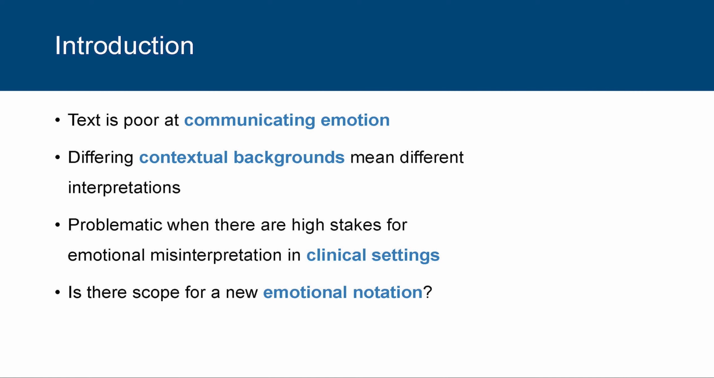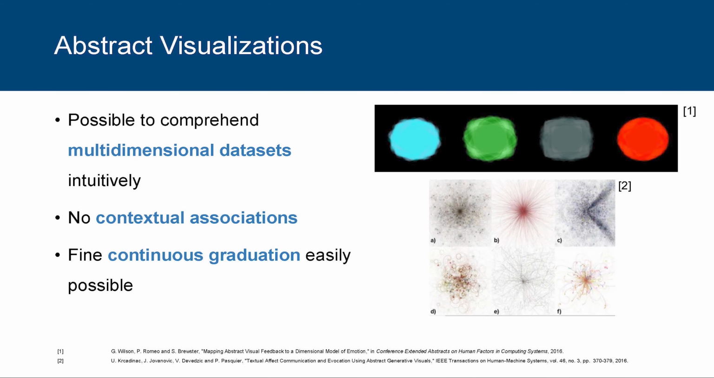Given that most of this information transfer exists in the digital space, there is scope for a new, more complex form of emotional notation, a new type of language designed specifically for emotional transfer. This study proposes an algorithmic prototype for a novel form of emotional transfer that uses affective abstract visualizations as the